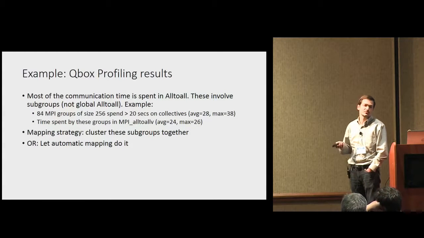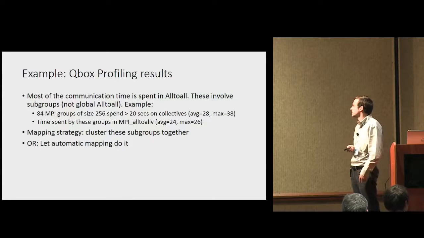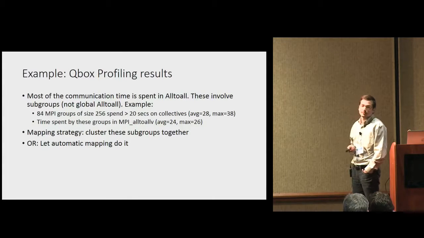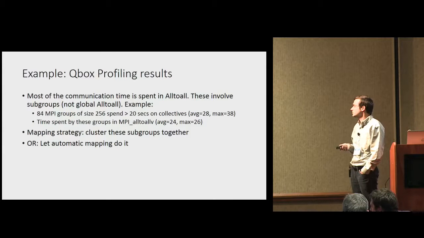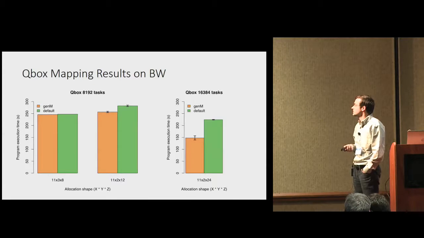So of course, a strategy would be to cluster the MPI tasks of these subgroups together. We just let the automatic tool do it. And these are the results. These are very recent, so I haven't been able to collect a lot of them, but for example, on an 8,000 task job,